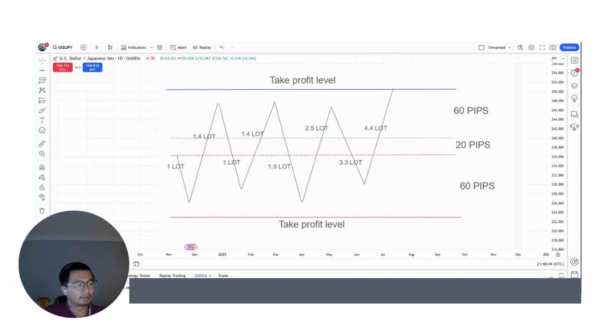So as promised, I'm going to make a video about hedging. Some of you may have heard about it, some of you might not. So basically what hedging is all about is, for example, if you can see this line here, if the price went up to, for example, this price, whatever that is, you want to short it, okay, and you want to take profit on this profit level here,